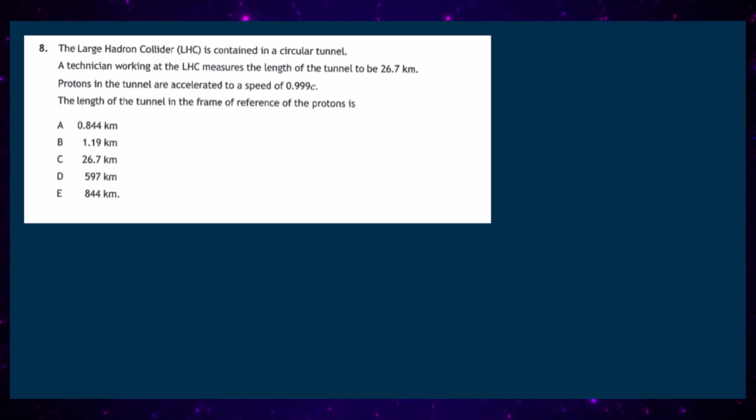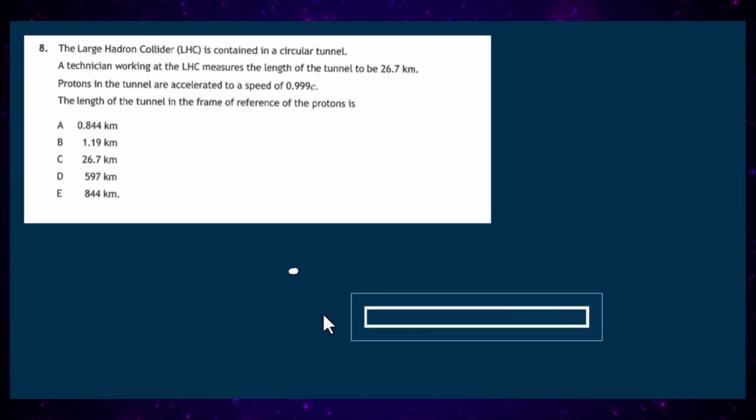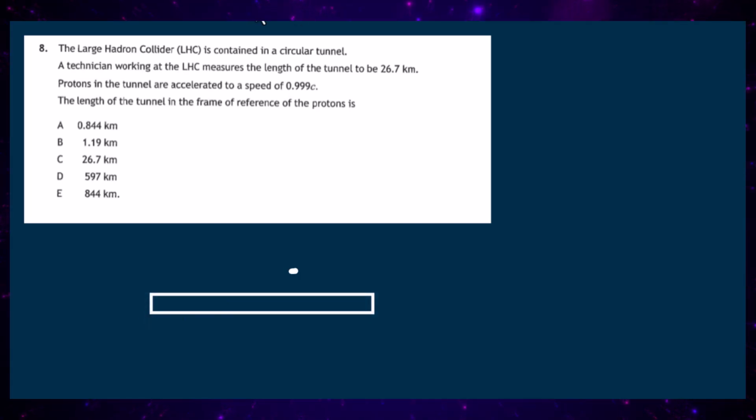This can be a little bit of a tricky problem, so we've got to get our facts right of who is what and what is where in what reference frame. Well, what we know is that the proton is flying past the tunnel. So we can think of the proton like that, but we can also think of the tunnel as flying past the proton. So we can draw the tunnel like that, flying past in this direction, with a speed of v equal to